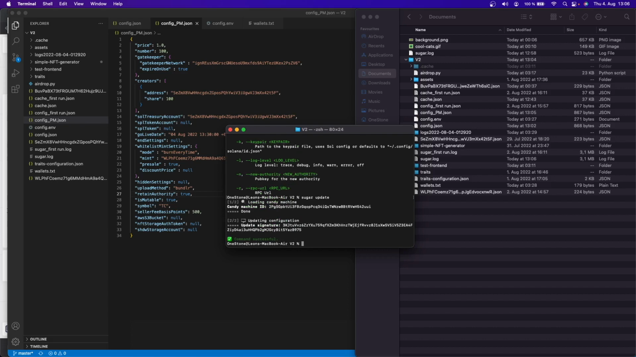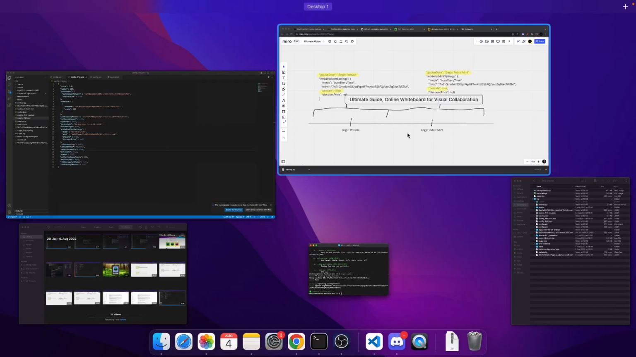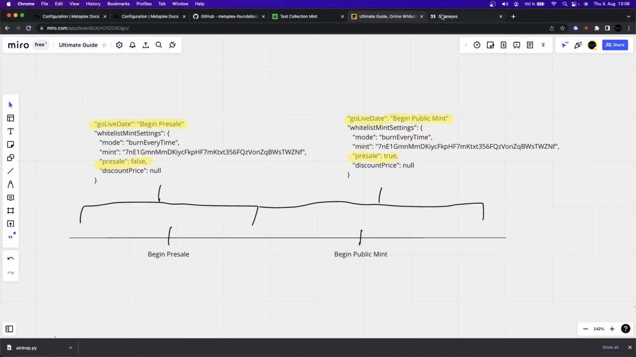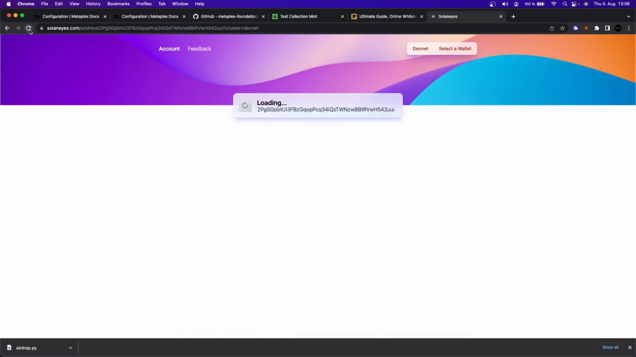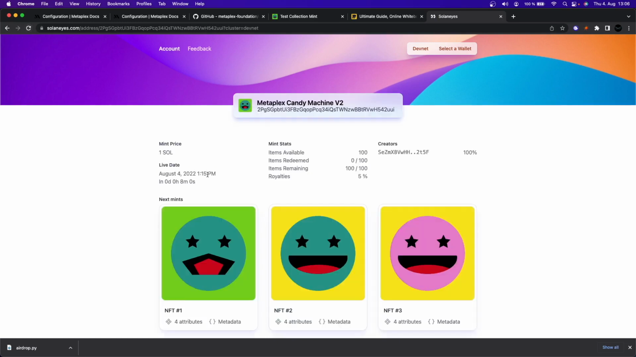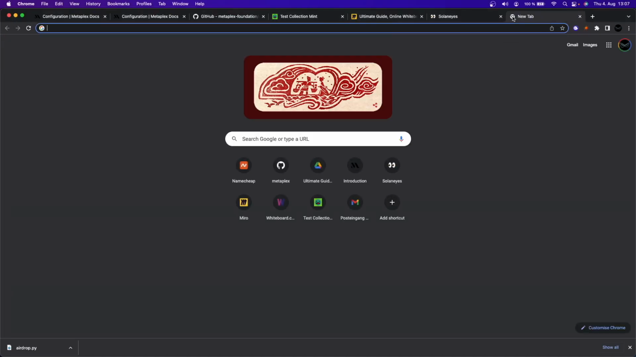And now our Candy Machine should be updated within a few seconds. So maybe let's have a look at solaneyes. Let's reload the page. And after a few seconds, we should be able to see the correct mint date within 8 minutes, which is perfectly fine. So now let's have a look at our front end and see if we can